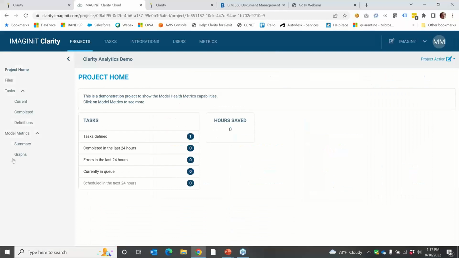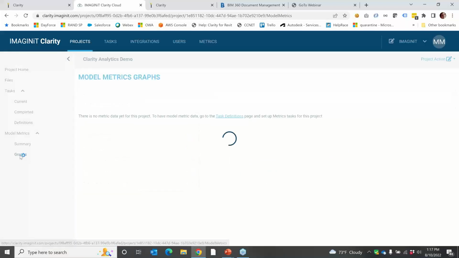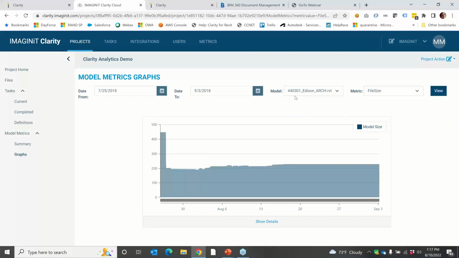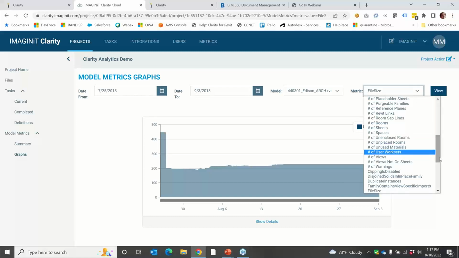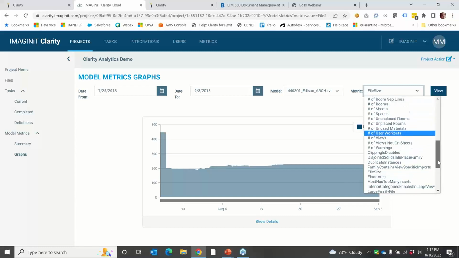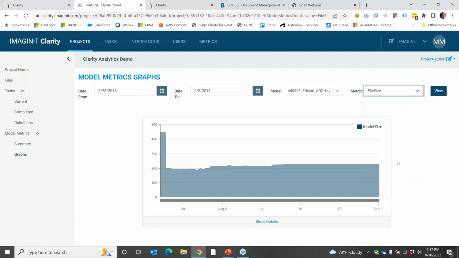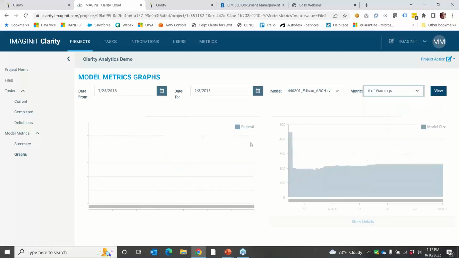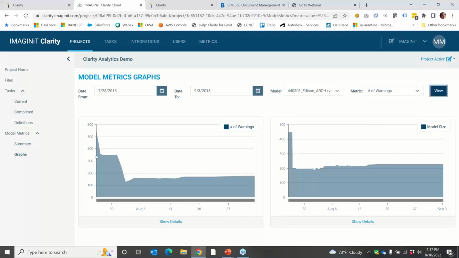So if I go in and look at this project, what can we look at here? Over the course of the project, we can look at any of these metrics. You can see we've captured a bunch of different metrics over time. So for example, we could look at number of warnings over time. And I gotta hit view. There we go. So you can see, over the life of time that we were capturing warnings,